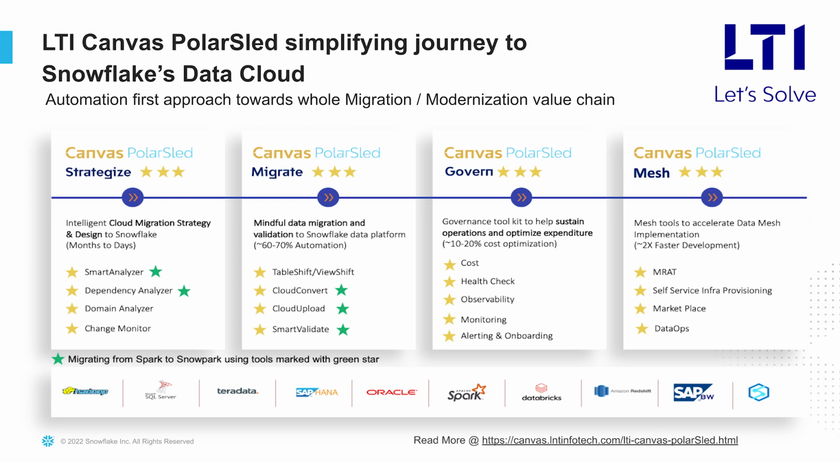Domain Analyzer and Change Monitor are two other tools which are not useful for Spark to Snowpark migration, but they are helpful in iterative migration. Domain Analyzer gives the automated clustering of the objects, and Change Monitor tracks what objects have been migrated to Snowflake and what objects are not yet migrated to Snowflake. Those help in other systems like SAP HANA, Teradata, Oracle, or any of the other systems,